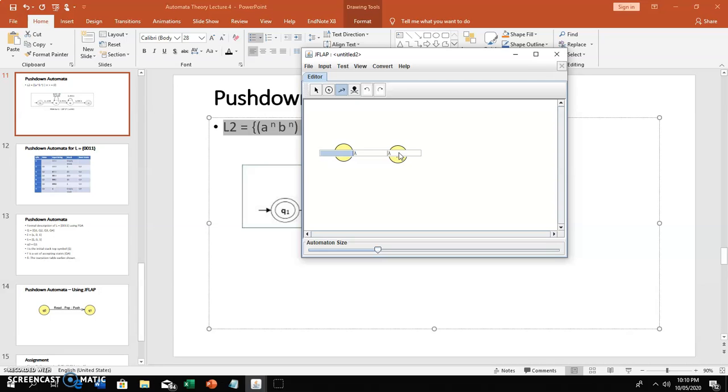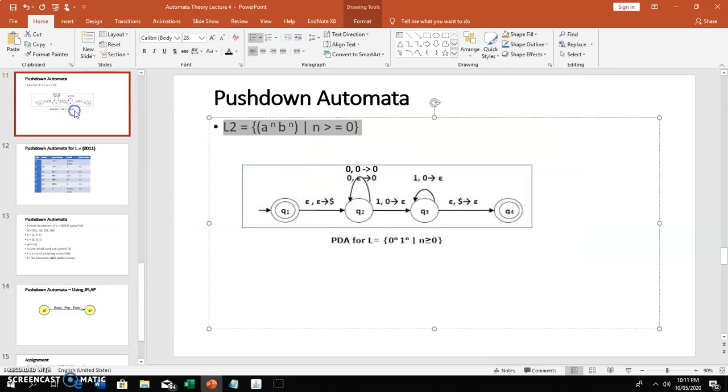But let's continue. Now, again, there's another thing I need to tell you guys. JFlap made it so that you don't need to initiate this part, the initial stack symbol. You don't need to do it. JFlap automatically initiates the initial stack symbol for you. They use Z. If you are reading some other textbook, some people use lambda, some people use